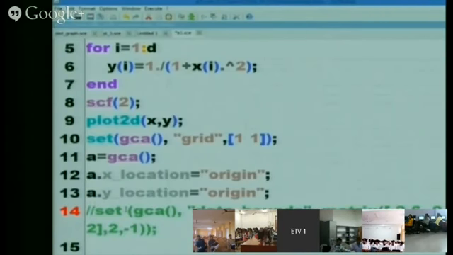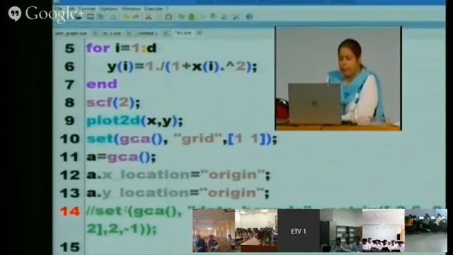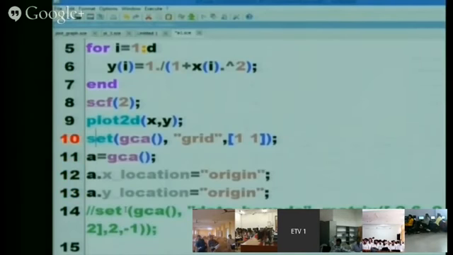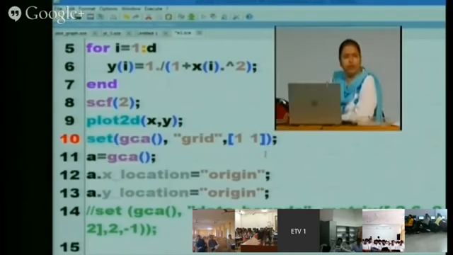Only then we will be able to see what happens with this command. So what I am doing, just plotting and then setting this GCA with the grid. Grid on is also a keyword in MATLAB and Scilab. If you write grid on, this grid will be visible in the plot.